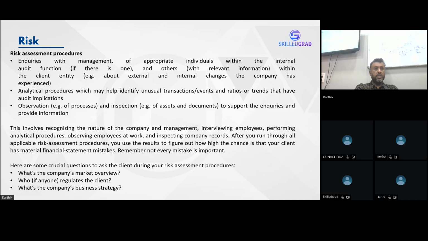Okay, see whether the margins are maintained. Unusual transactions are open in the company. அந்த மாதிரிலாம் செக் பண்ணி பாரு. அப்சர்வேஷன் ப்ராசஸ்லாம் பாரு, இன்ஸ்பெக்ஷன் பாரு, டாக்குமெண்ட்ஸ்லாம் ஒழுங்கா இருக்கா பாரு, டைட்டில் டீல்ல கம்பெனி பேர்ல இருக்கா பாரு, அசெட்ஸ்லாம் நிஜமாவே அந்த அசெட் இருக்கா பாரு, to support the inquiries and provide information on it. Okay. This involves recognizing the nature of the company and management, talk to employees, performing ratio analysis, observing how employees